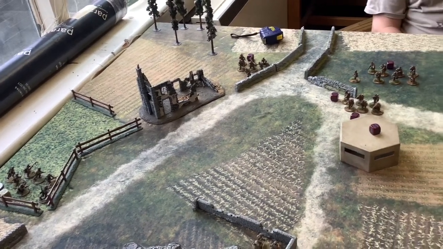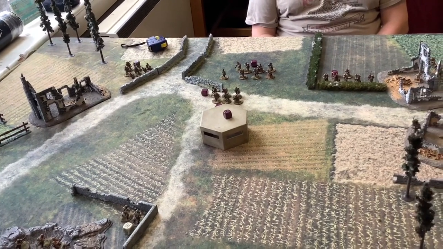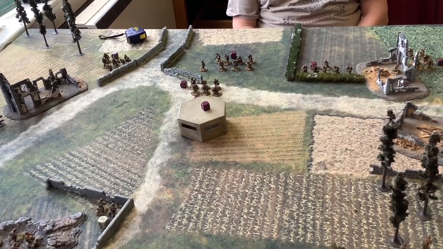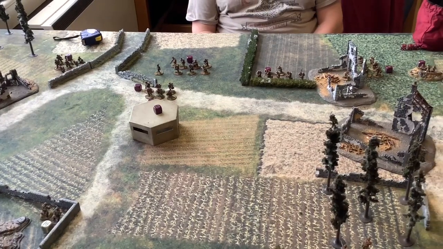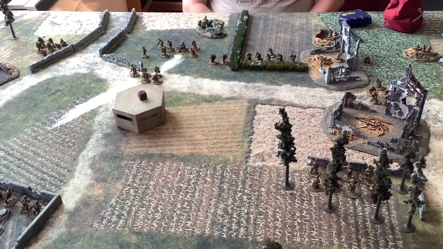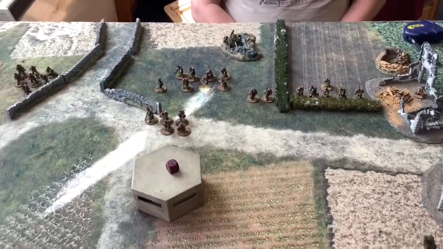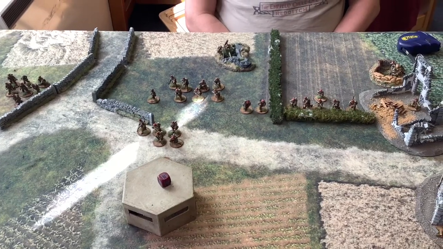So, end of turn 1. We're just pushing things up. The reserves can come on now in turn 2, and we'll see where we progress. End of turn 2, and the reserves are on and committed, and Allan's brought his 6-pounder onto the table there,